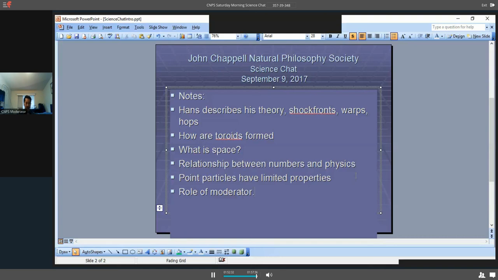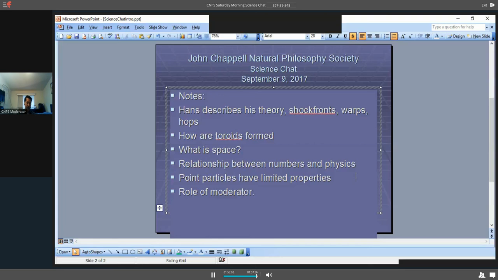Now, as part of that, one of the things he mentioned was that if you have a space and it's filled with some kind of structure, you need to justify how that is formed. One of the things he mentioned was toroids, which is apparently Slobodan's favorite topic. So we did have a discussion about toroids. So Slobodan gave us some explanations for how these things may spontaneously form and why those can be justified.